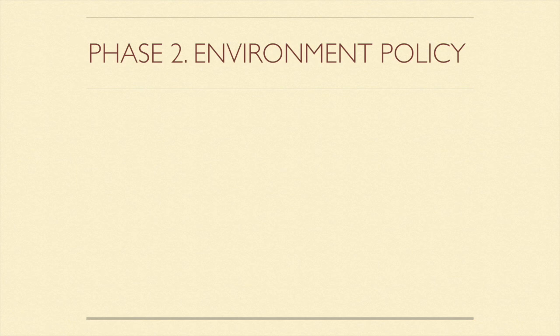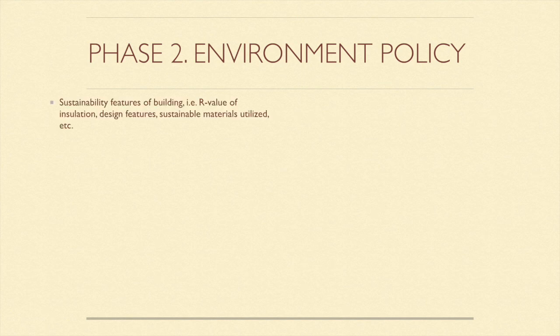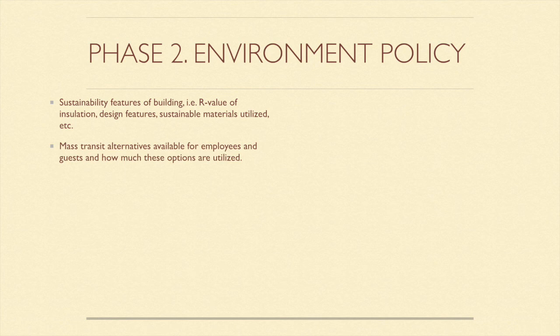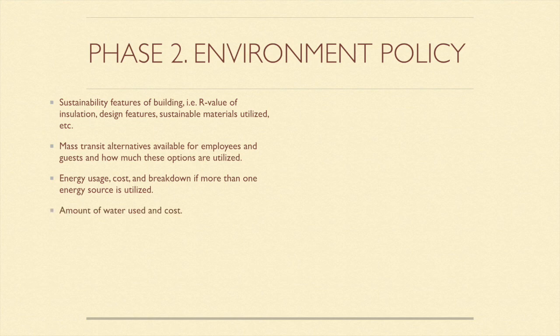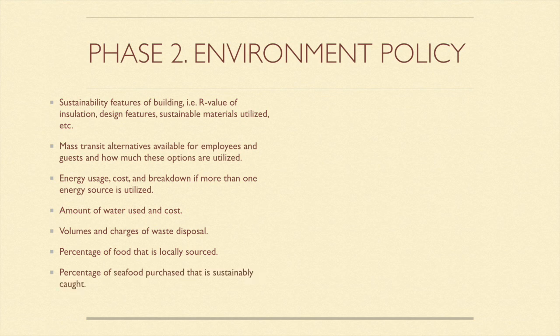Phase 2, environment policy. When the data gathered in Phase 1 is analyzed, it is then compiled into an environment status report. The report generally includes the following types of topics: the sustainability features of the building, the mass transit alternatives available, the energy usage, the amount of water used and its cost, the volumes and charges of waste disposal, the percentage of food that is locally sourced, the percentage of seafood that is sustainably caught, an inventory of all